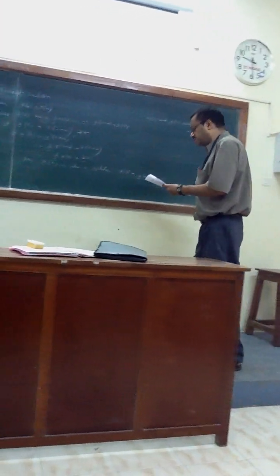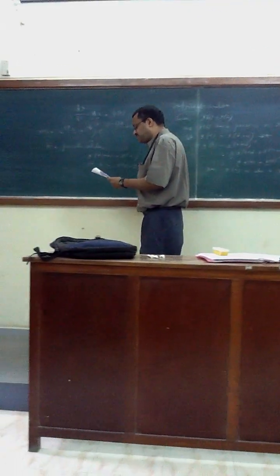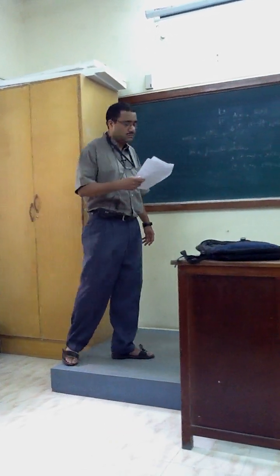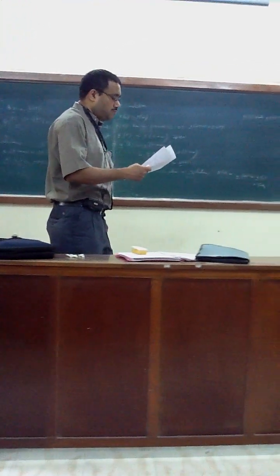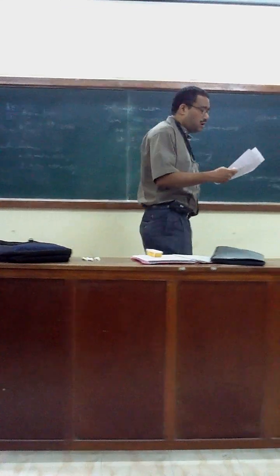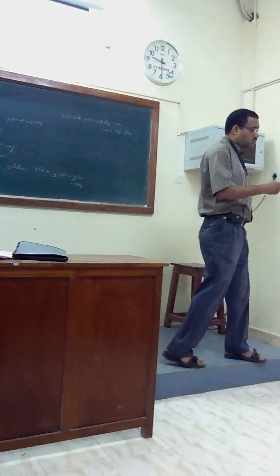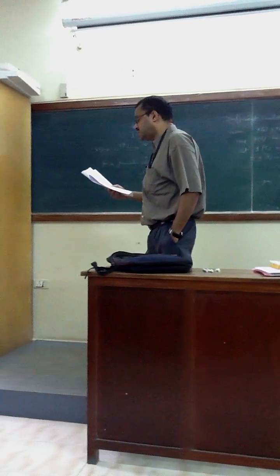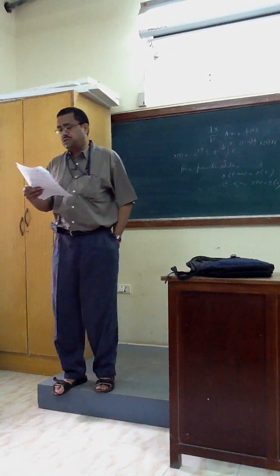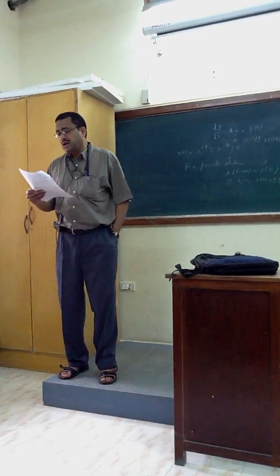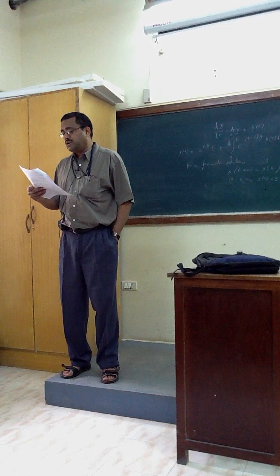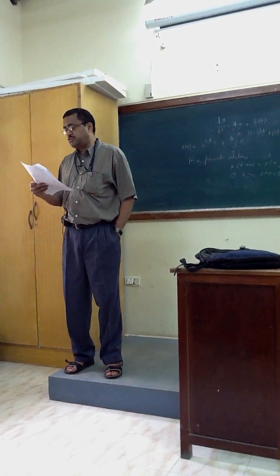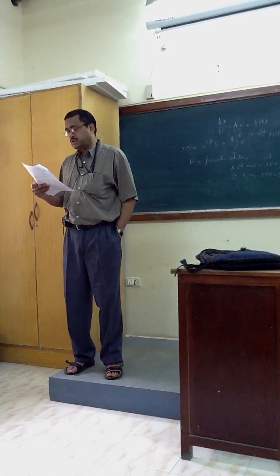is that the homogeneous equation has no non-zero periodic solution of period omega. Let me repeat once again. A necessary and sufficient condition for the non-homogeneous equation x prime bar equals a x plus b t, where b t is continuous and periodic with period omega, to have a unique periodic solution with period omega is that the homogeneous equation has no non-zero periodic solution of period omega.